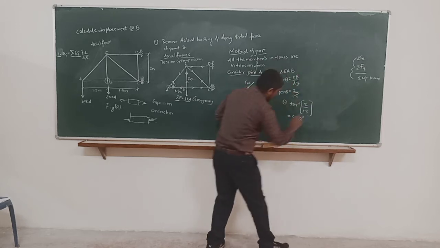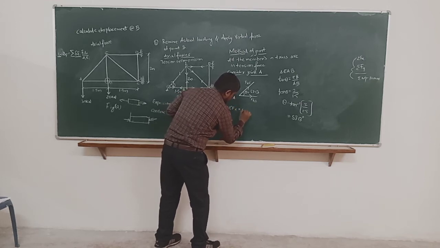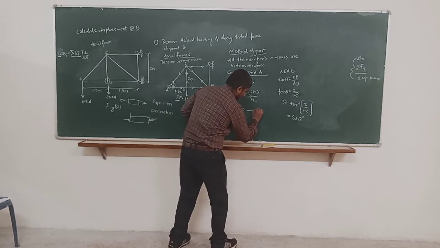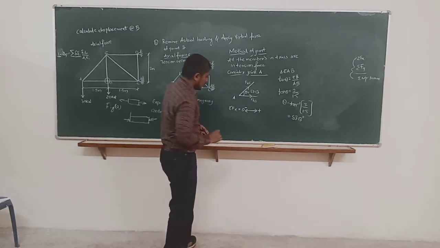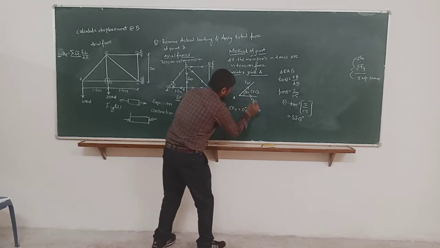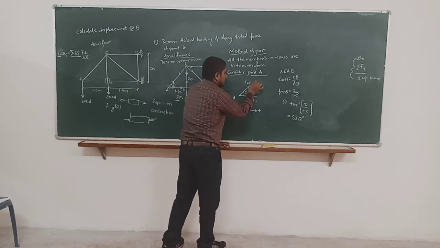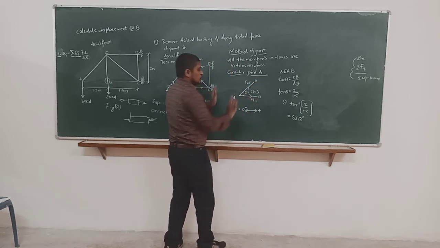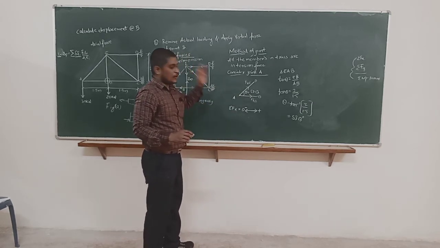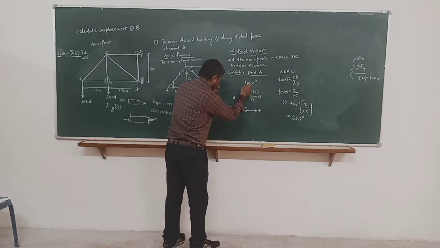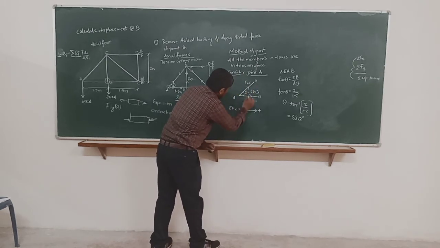Right. Now one by one. So what is that first one? Summation of Fx. You apply summation of Fx is equal to 0. You will take sign convention normally: right side positive, left side negative. Okay. Now only you have to think of horizontal forces here. Okay. Simple, I will tell you this is going to come 0, because there is no force applied at joint A or no other forces in this structure. All are unknown only. Okay. So finally FA and FAB is going to 0, but still I am taking this. Now see FAB.